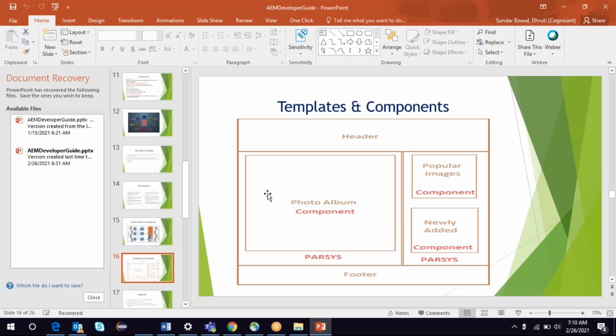In your template you can have placeholders. You can have a placeholder for your header, a placeholder for the footer, for the right panel, for a banner, for the body. Your templates will have placeholders, and in those placeholders we have to put the components to show the content. So for example,